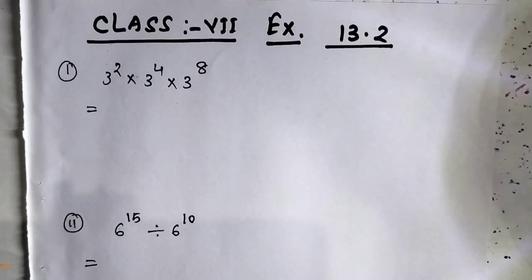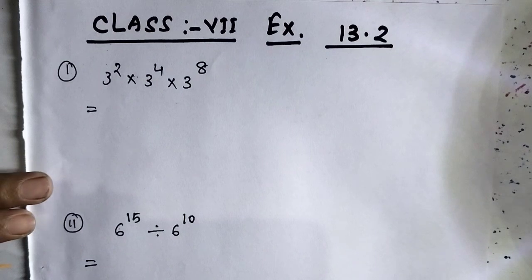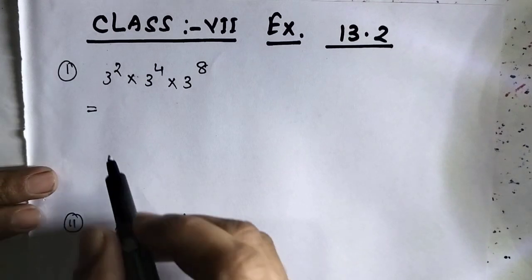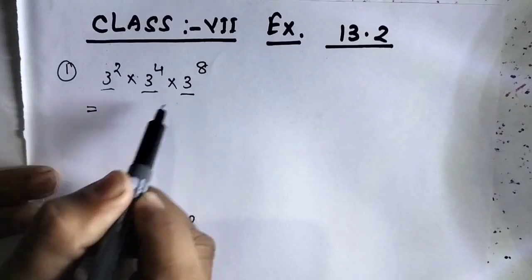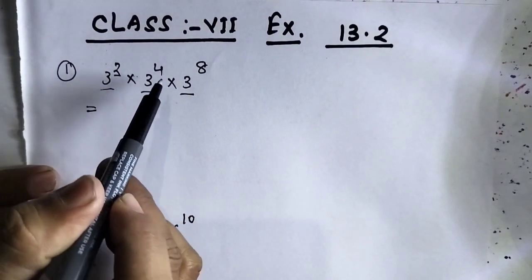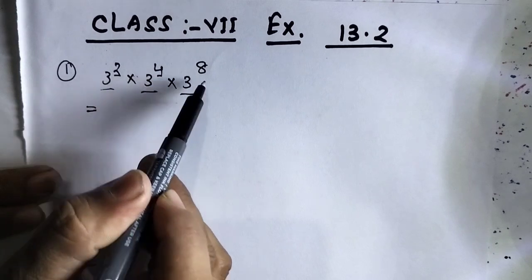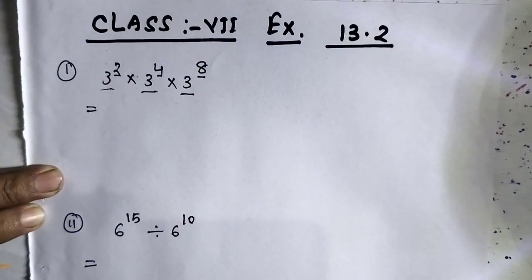Dear students, today we will discuss Exercise 13.2 for Class 7 Mathematics. First question is 3 square into 3 to the power 4 into 3 to the power 8. Here the base is the same, 3, 3, 3, but the exponents are different: here the exponent is 2, here 4, and here 8. Then according to the law of exponents, we know that